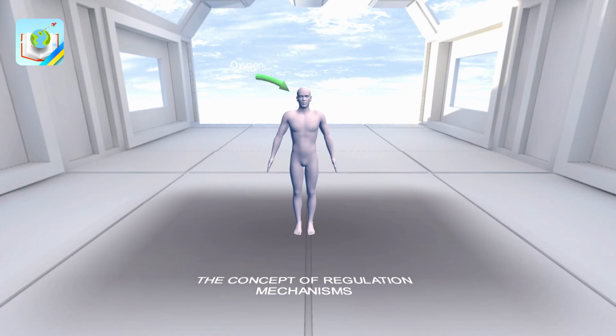Oxygen enters through the respiratory system. Through the digestive system, substances enter and are absorbed. Unnecessary substances are removed through the skin, urinary, digestive, and respiratory systems. Substances are transported by the circulatory and lymphatic systems. Control and monitoring of environmental indicators is carried out by the nervous, immune, and endocrine systems.